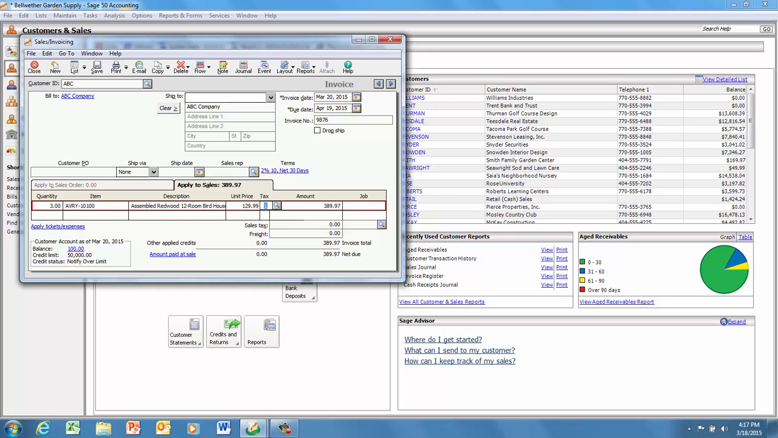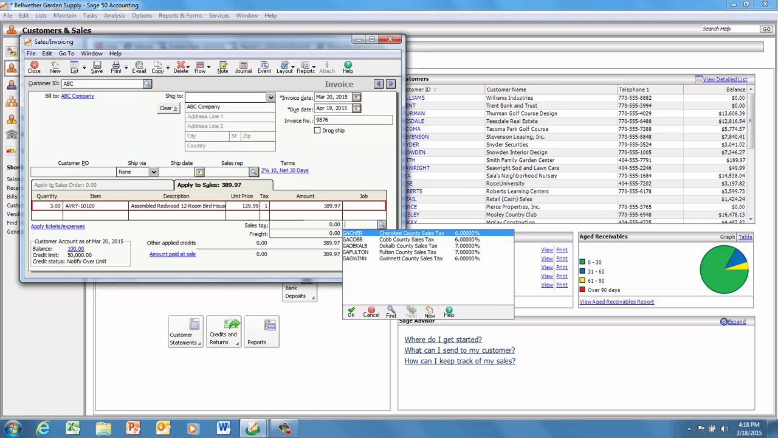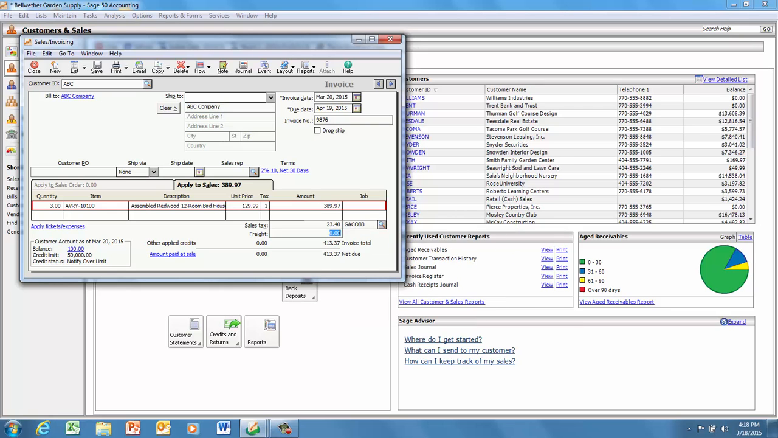So here we're going to take 3 times $129.99. That's already done for us, $389.97. And then we have to go into this sales tax here, because we know that we want to charge sales tax, but we don't know what county yet for ABC Company. So I'm going to say that they are in Cobb County. Okay, and so that calculated out the sales tax for Cobb County, Georgia, and added it to the $389, and now this customer owes us